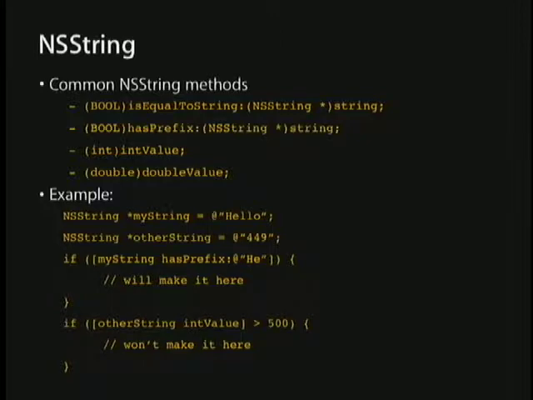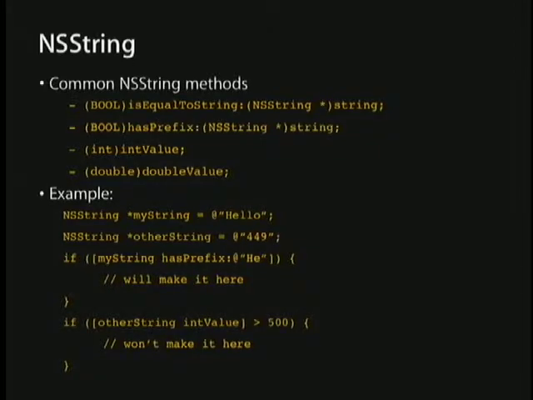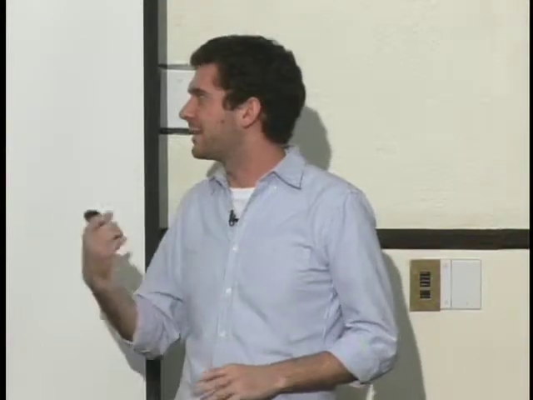And if you call intValue or floatValue or doubleValue or anything on a string that has something that's not an integer in it, you're just going to get back 0. If you call it on something that has an integer followed by a bunch of other junk at the end, it always is just going to give you the value of the first integer it finds. So if you have a string that has two integers, 449 space 500, it'll give you back 449 and just ignore the rest.